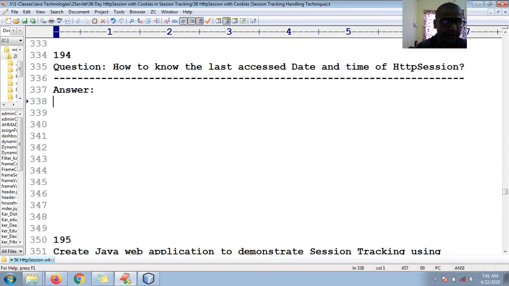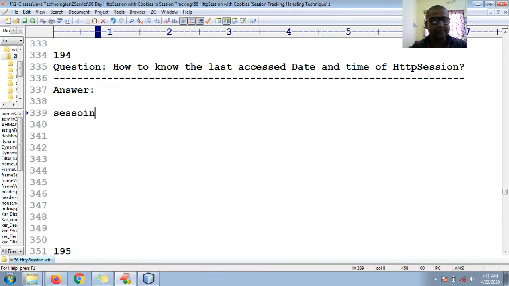You can get this information by using the API session.getLastAccessedTime. The method name is getLastAccessedTime, and here you will get the last access time in the form of